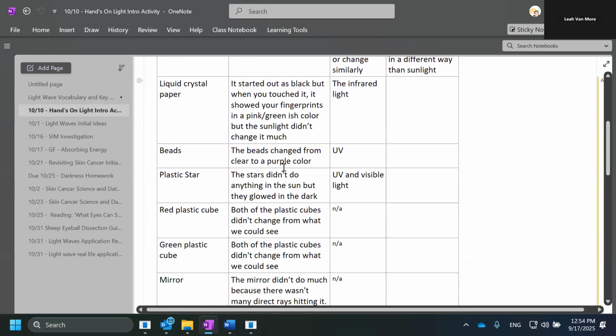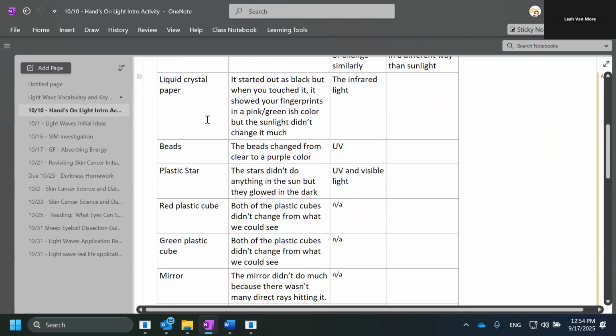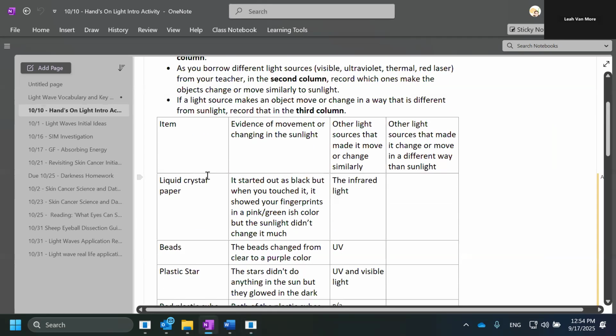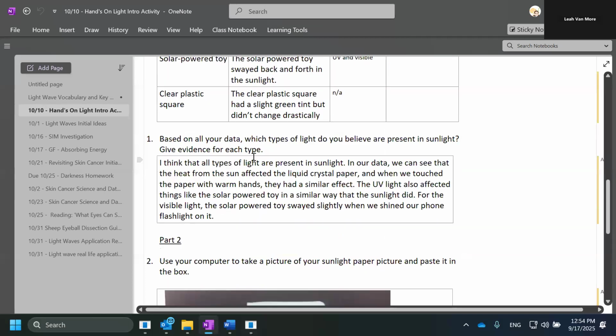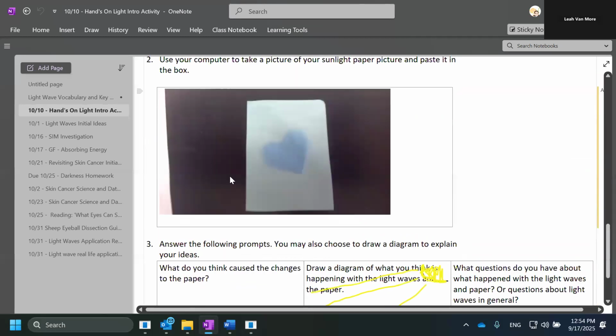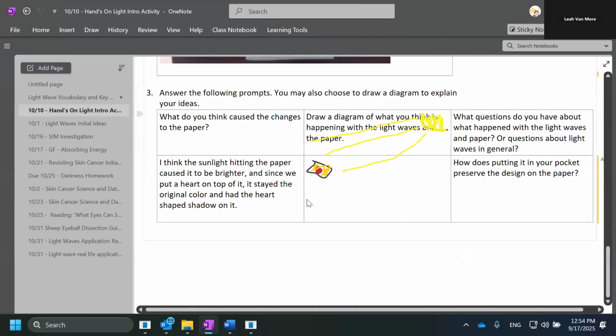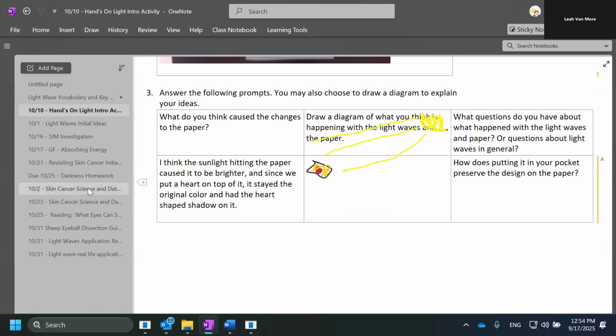filled out this table with how the different items reacted to different kinds of light. Then as I go down, I see that they've answered this question. I see that they've done part 2, and I've seen that they've made a diagram here. So I'm pretty clear that my student has done this assignment. I can go through and do this for any of these assignments to double check that my student is doing